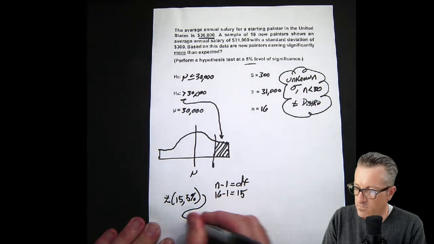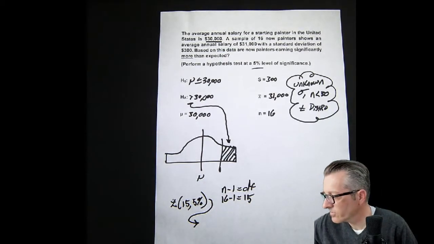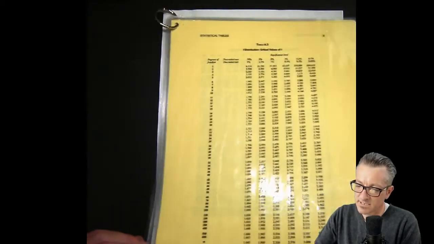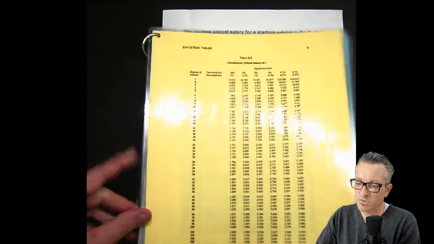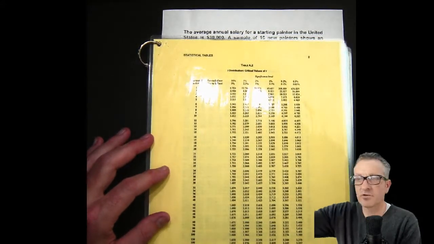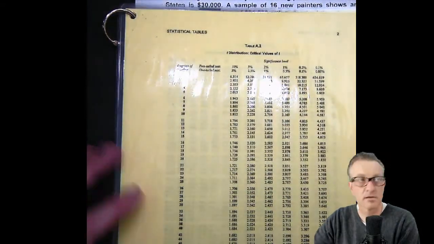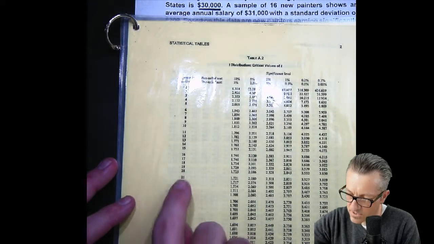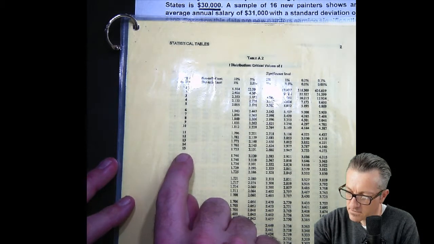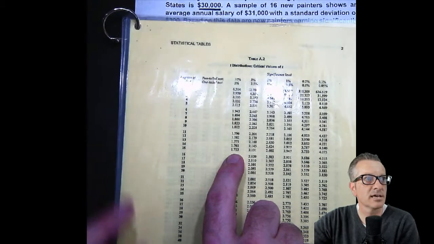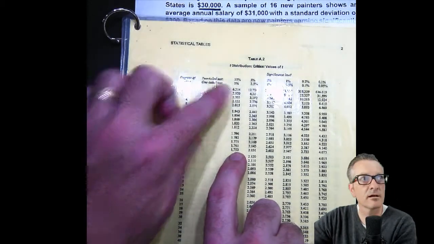Now we're going to take a look at our table and see what our critical value is. This table that I have works out really nicely. It's set up for one tail and two tail. Because this question is looking for more, it's just a one tail question. And we have our degrees of freedom. I'll zoom in a little bit, a little bit of glare from the lamination. Our degrees of freedom is 15, and we're looking for 5% on the one tail test. It's a little hard to see, but this is one tail and 5% right there.